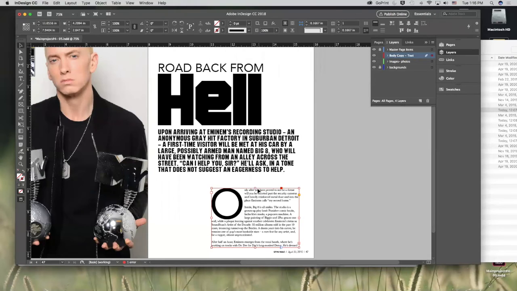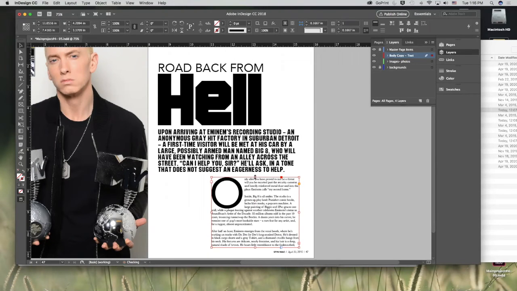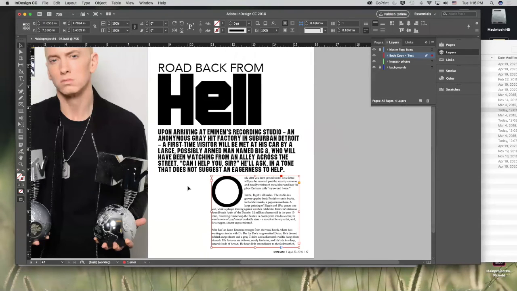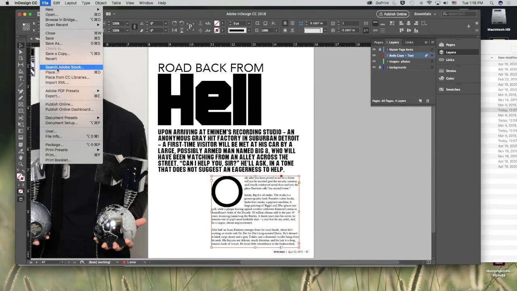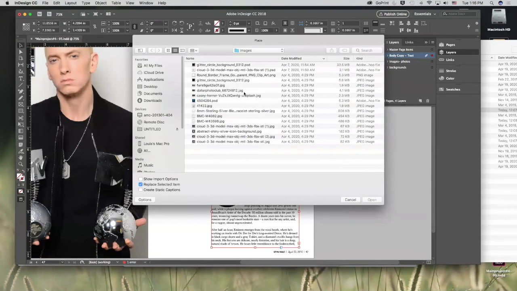And then I still like this big initial cap right here. And maybe right in here, I could put a quote or I could put another picture. So I'm going to go to File, Place, and I'm going to place another picture. I know we're at quarter after. I'm going to let you guys go. But I'm going to grab,